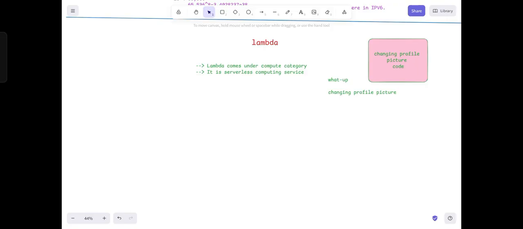So for that, what I'll do is write a code. Just by running that code, it will start that server. If the user is trying to access that particular feature, then Lambda will trigger. Lambda will understand that people are trying to access this server. Then it will start that server. After that, automatically it will stop that server. You're getting my point how Lambda will work. So that is known as serverless computing.